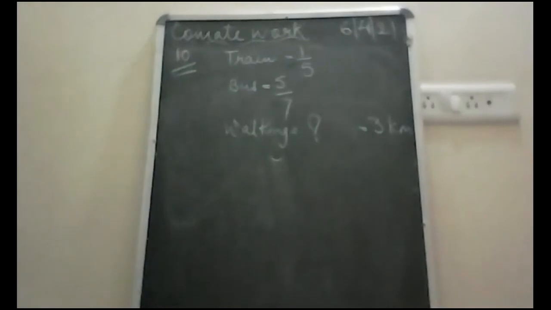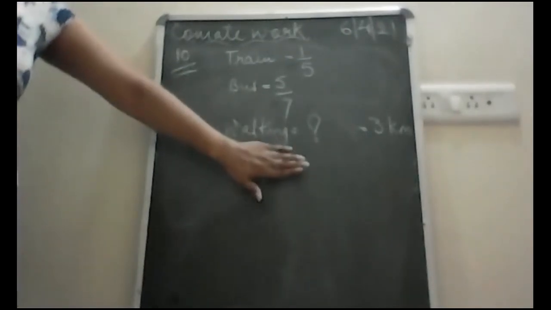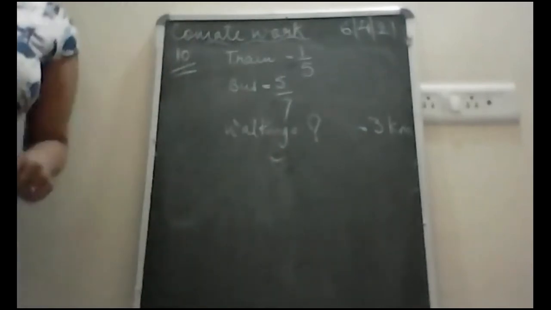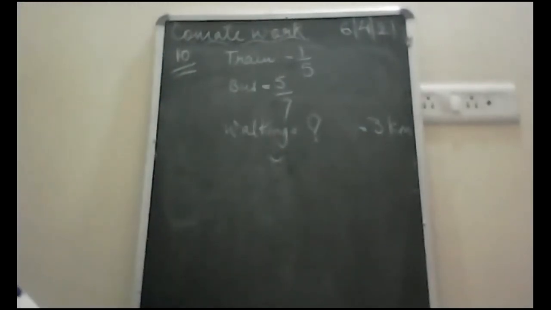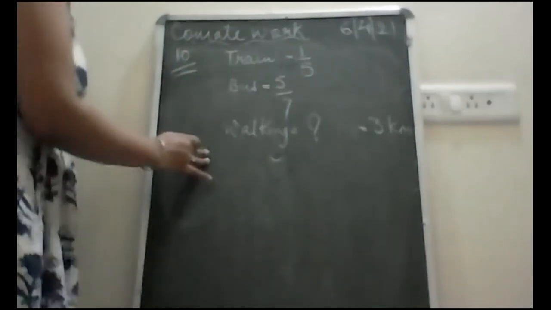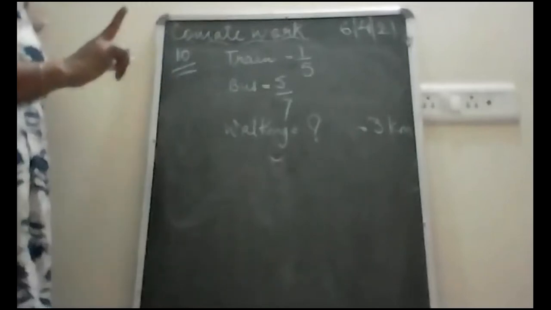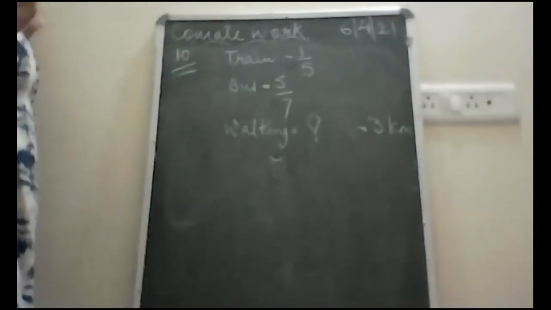Let us see. You only tell me, this type of question, how can we do it? What can you take out as a total journey in part? If we are talking about fraction, can you tell me what can be the total part here? So here we have not got what is the total. ठीक है? So we will assume that the whole is 1. Always remember, whole will be always 1.